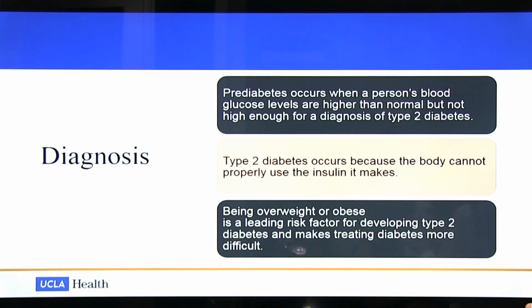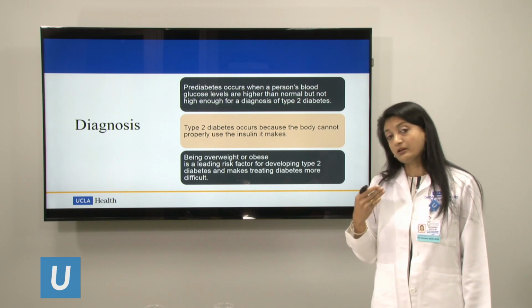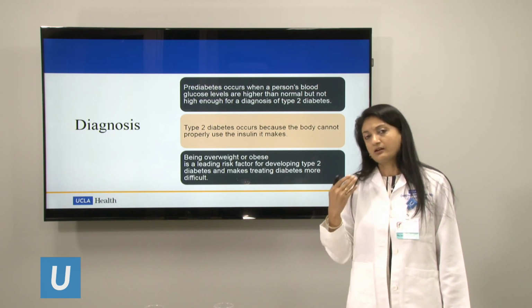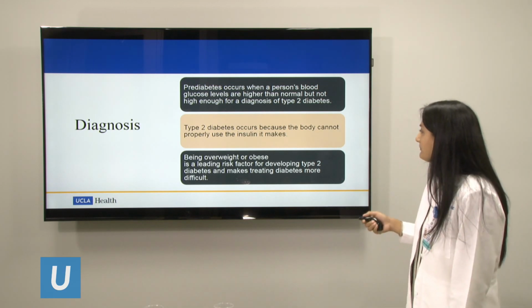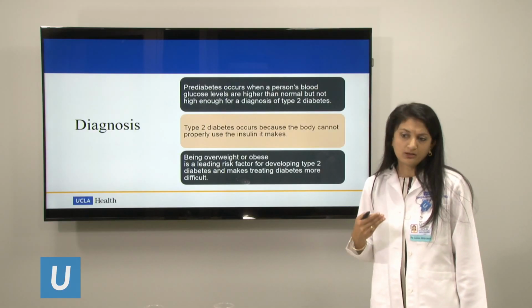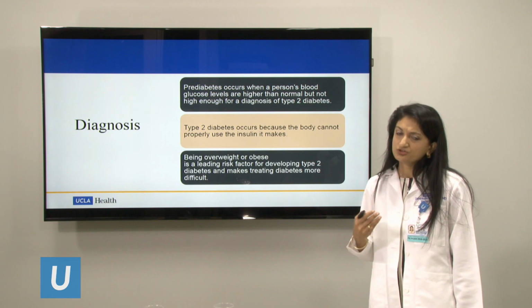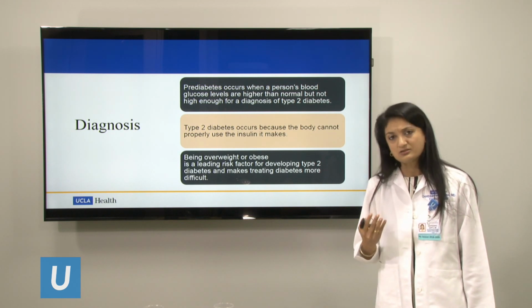Type 2 diabetes, like we discussed, occurs when the body cannot properly use the insulin that it makes. So there's something called insulin resistance. Even though your body is making insulin, since the muscles and other tissues become resistant to the insulin, it's not able to utilize glucose. Being overweight or obese is a leading risk factor for developing type 2 diabetes and makes treating diabetes difficult. So that's why when we evaluate our patients, we don't just talk about medications, we also talk a lot about lifestyle changes, including diet and